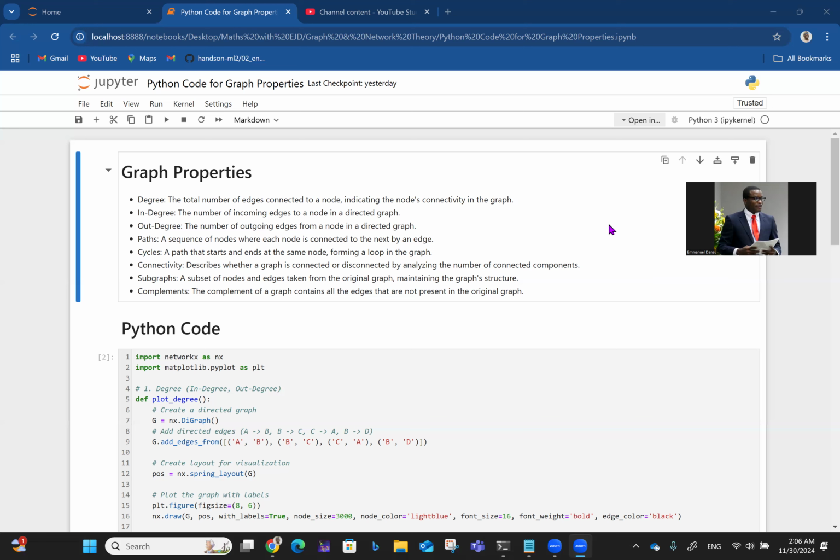So for degree, you remember it's the total number of edges connected to a node, indicating the node's connectivity in the graph. The degree of a node is the number of edges connected to it. But then you have the idea of in degree and out degree coming on when you talk about directed graphs. Imagine an undirected graph, a very good example of that would be on